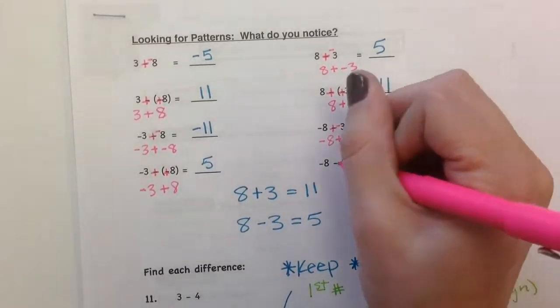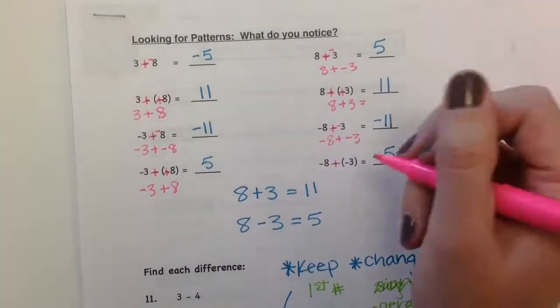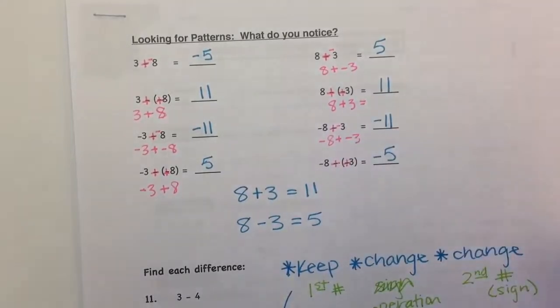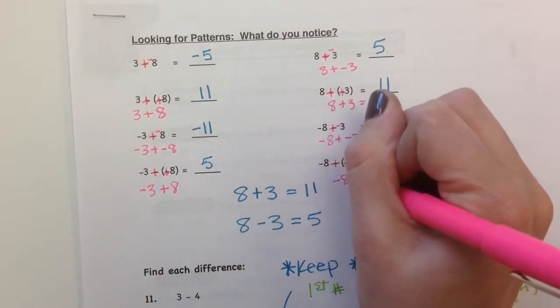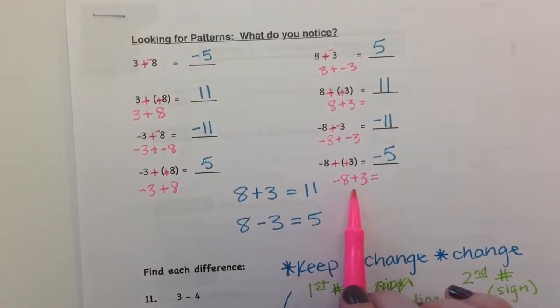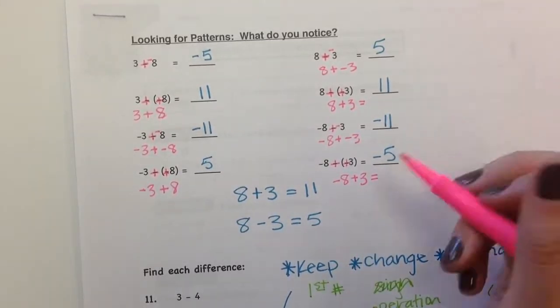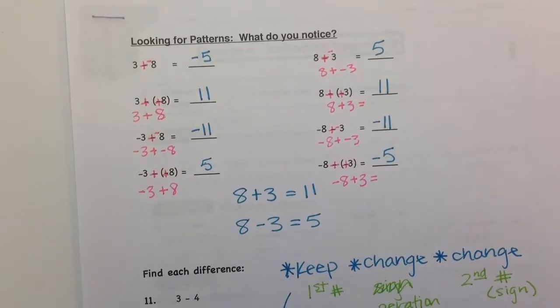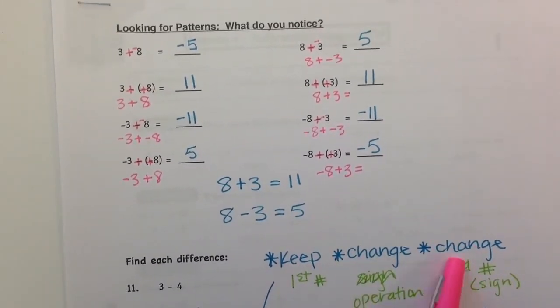And we've got negative 8 minus negative 3. Keep the first number. Change it from subtraction to addition. Change it from negative to positive. Now we have negative 8 plus 3. We are adding opposites, so different signs, so we find the difference, which is 5, and there are more negatives than positives, so it's negative. So if you can use this keep, change, change to change everything into an addition sentence, you can